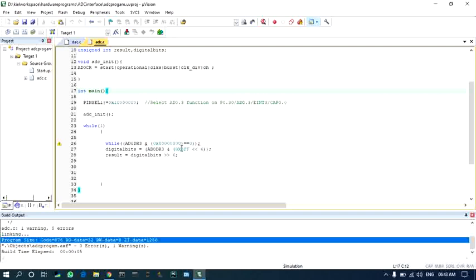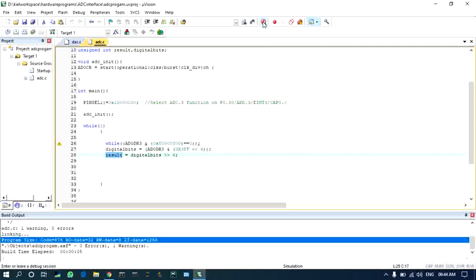You are going to collect the output bits in this register by extracting the bits and ANDing with 3FF. The data bits are the 6th to 15th positions. We are going to collect them, and we are going to shift that by 6 in order to get the correct hexadecimal result. So now let us see the simulation.